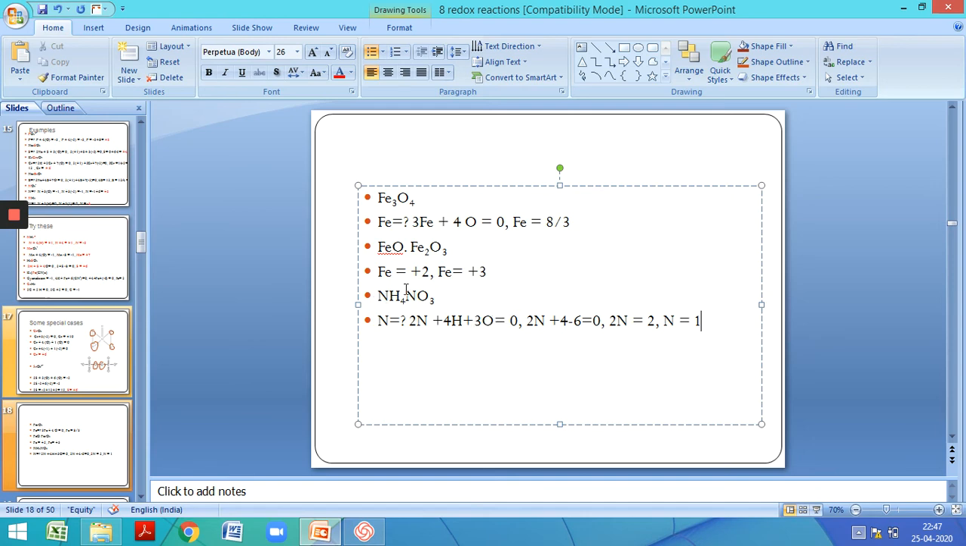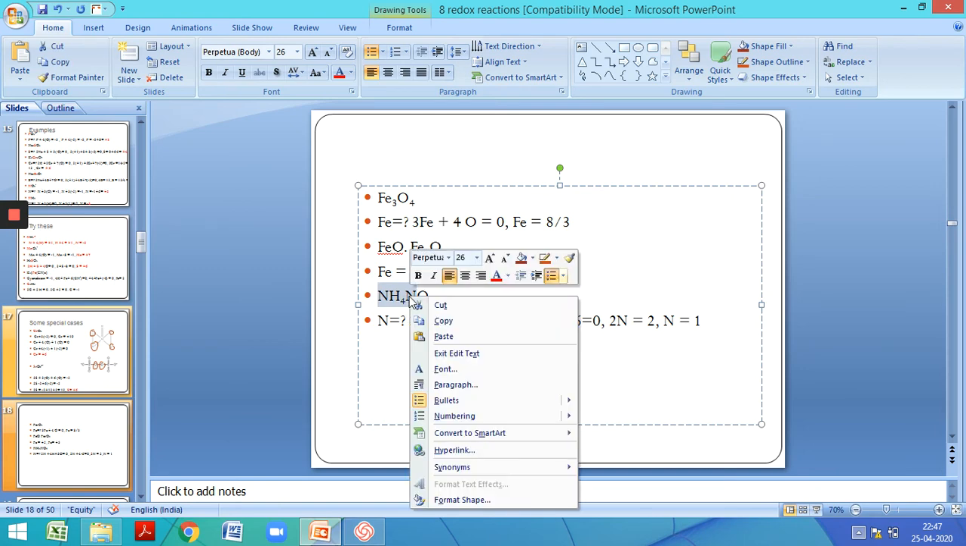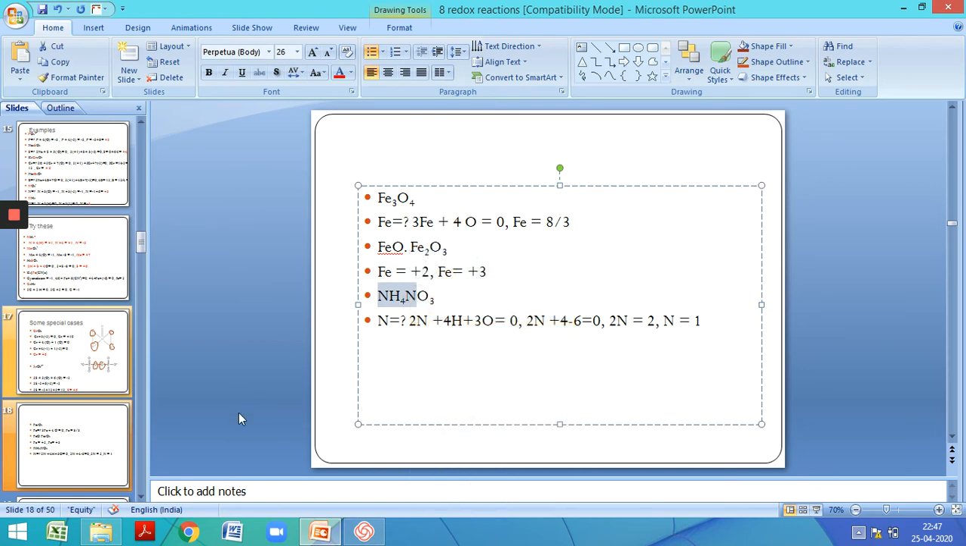But this is a special case again. You have ammonium ion and you have nitrate ion. So the oxidation number of nitrogen in ammonium ion we have to calculate, and then in case of nitrate ion. So in ammonium ion, which is NH4 plus, the charge on the ion is +1, so NH4 plus,